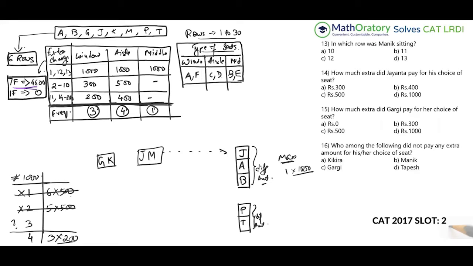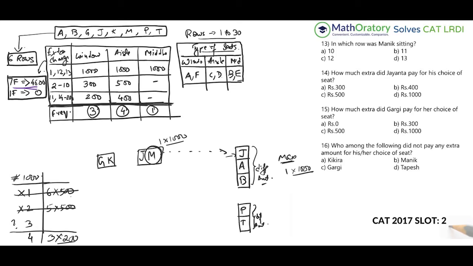Maybe if I put that 1000 to J, then accordingly M also pays 1000. So I can generate another 1000 from this, right? That might be feasible, because if you notice, whichever person pays 1000, anybody sitting in that row also pays 1000, right? The 1000 payment is solely dependent on the row number, not on which type of seat you are sitting on. So J and M both could be paying 1000, fine.